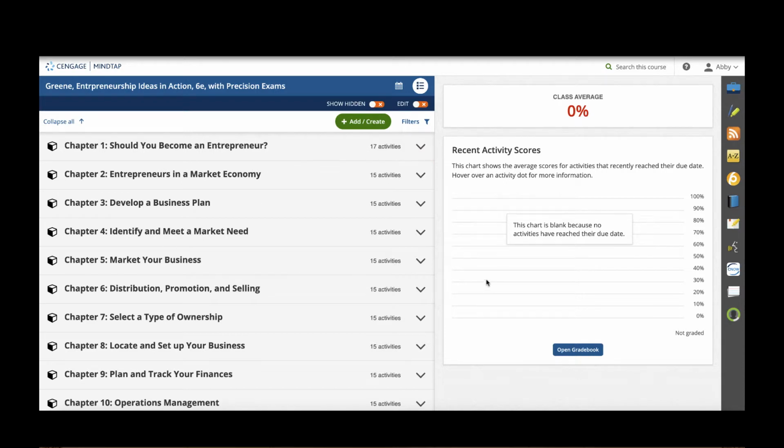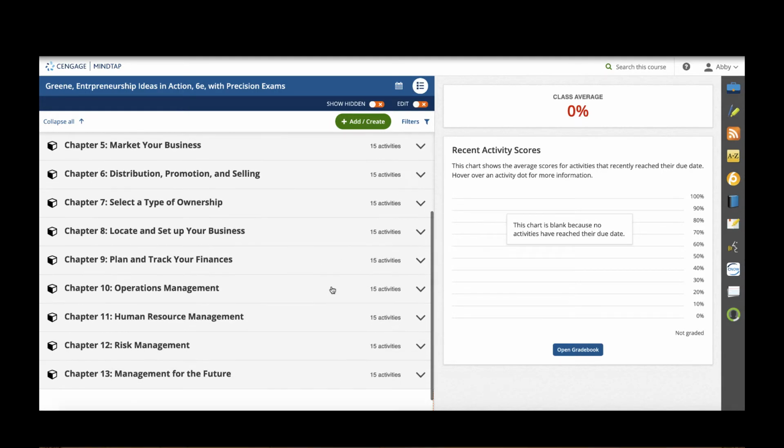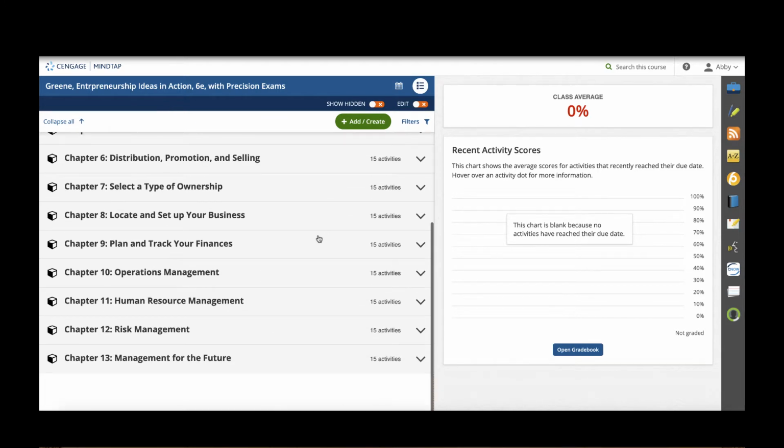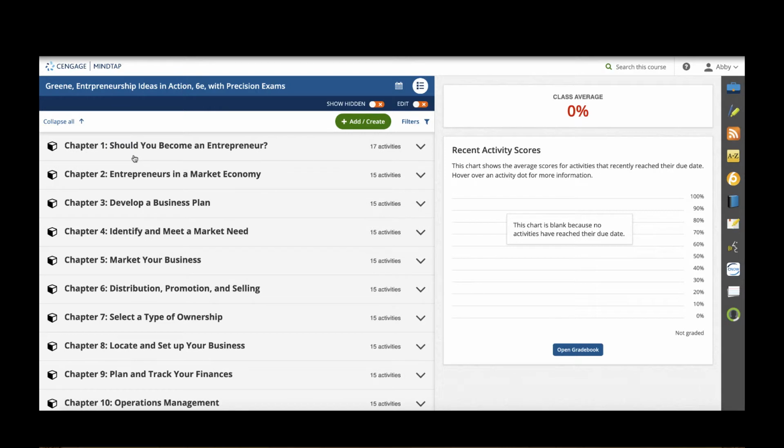On the left-hand side, you'll see the learning path, which is organized exactly like the ebook. So if you had a copy of Green's Entrepreneurship text next to you, you'd see that there are 13 chapters in the book, and there are 13 chapters in this course. All assessment, practice activities, and graded tests are already aligned within the e-reading chapter content, as well as the full ebook. On the right-hand side is where teachers would see recent activity scores on submitted assignments once students start working